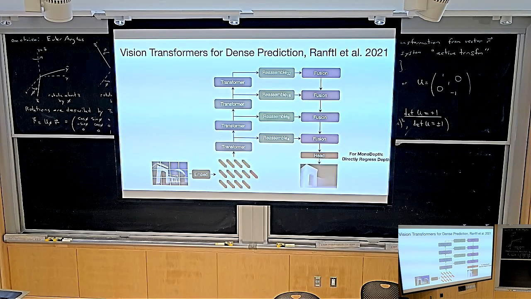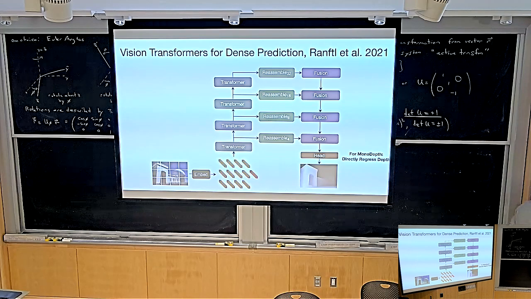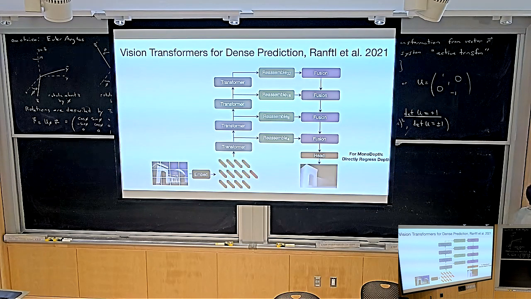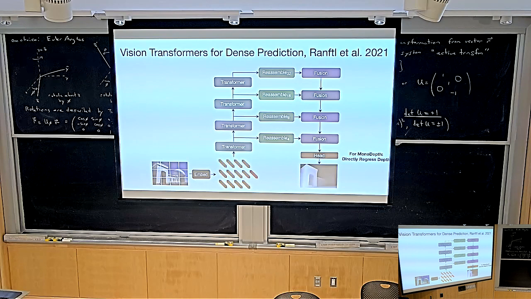And the transformer basically gives you a new value for each of these tokens. So it gives you a new value for these, in this case, 4x4 tokens. So for each of these patches, you will now have a feature. And now the question is, how do you build this such that in the end you get a monocular depth out of it again? This is just one way of doing it, which they proposed. But actually, this is a reasonable architecture that, if you wanted to use a vision transformer in your work, would be a reasonable architecture to use.